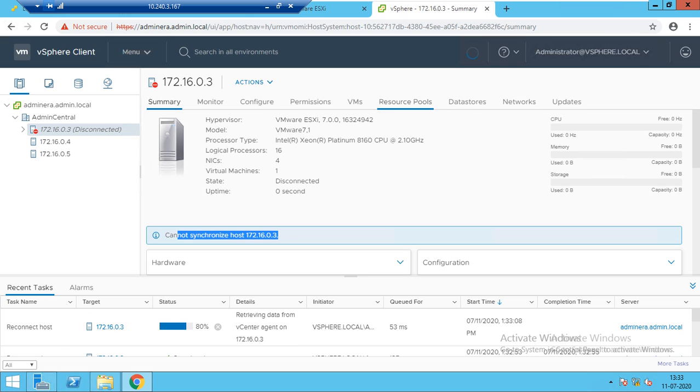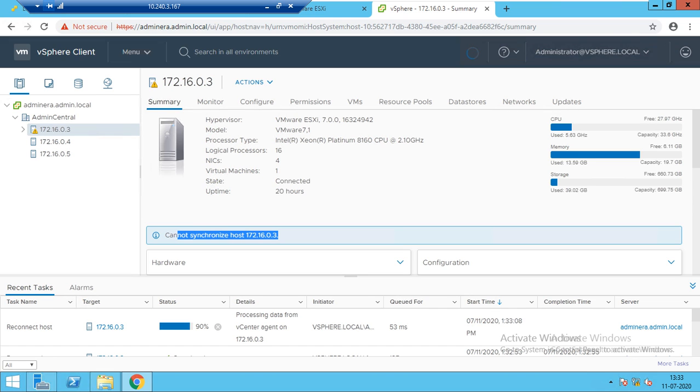It came to the disconnected state, now it is 85%, 90%. If a host is disconnected, you need not add the password again, it automatically fetches it.